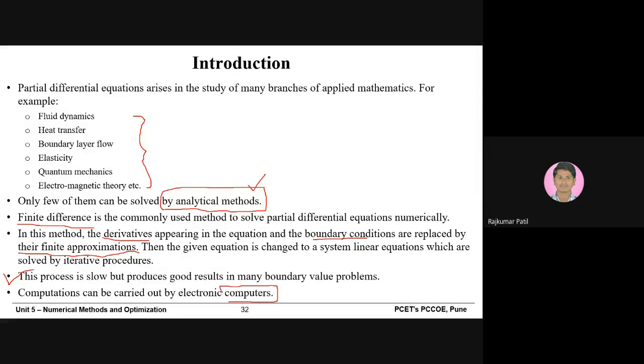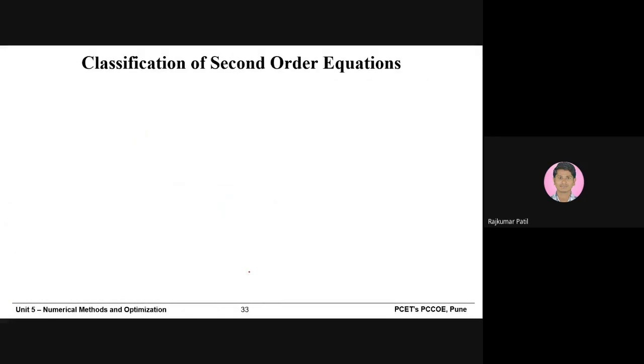For example, if you are solving a problem related to heat transfer, then you may use ANSYS. If you give the boundary conditions, that is the temperature at the boundaries, then in order to calculate the temperature distribution over the inner surface, you can use this finite difference method. So that tool is already available in ANSYS. So there are n number of applications where you need to use numerical methods for solving partial differential equations.